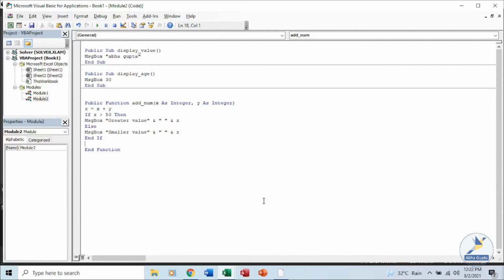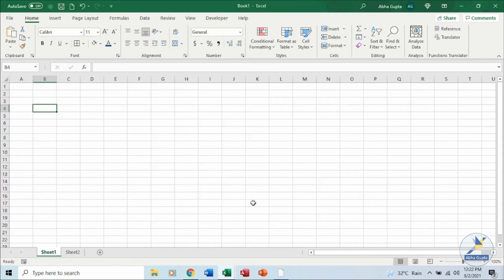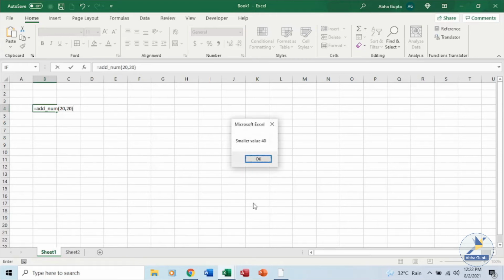Let's see. Equal to add underscore num less than 50. So let's execute. The answer is 40. Smaller value 40. Let's again execute it with a greater value.